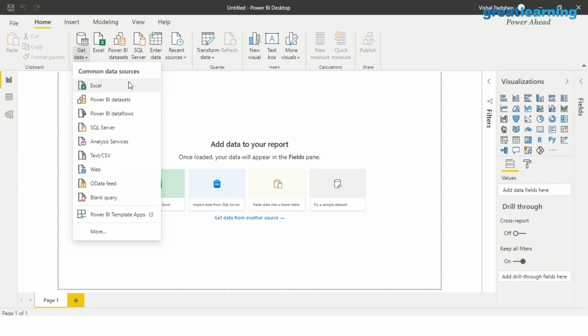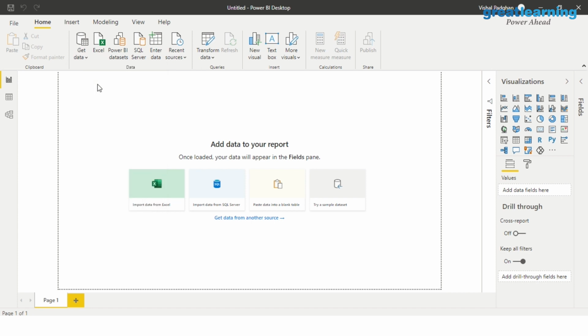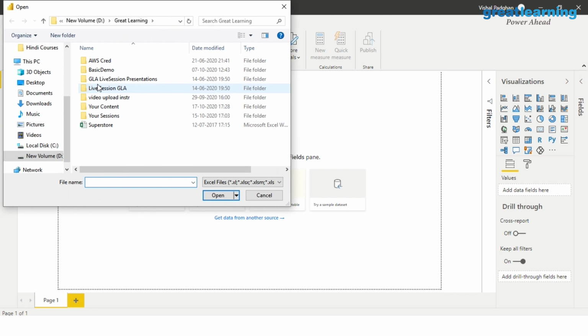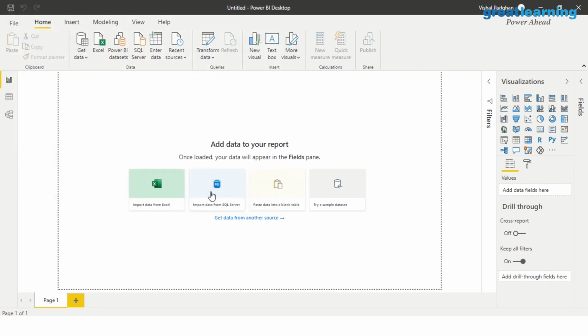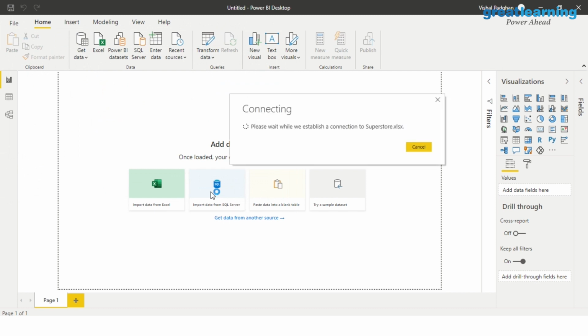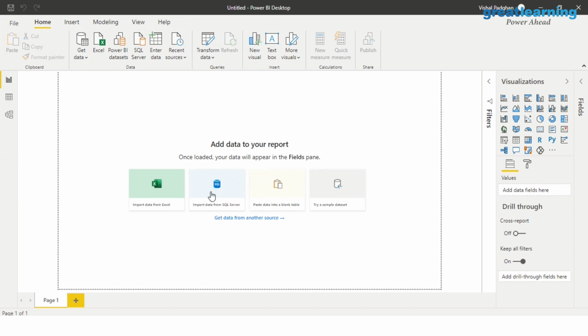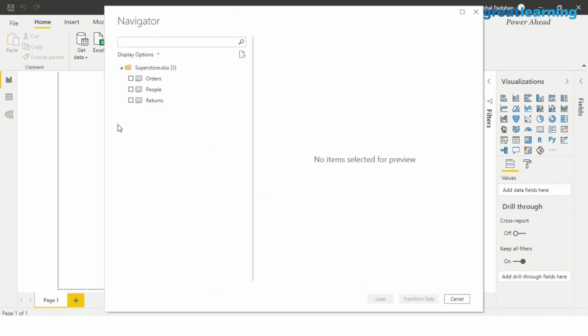So I'm going to just go ahead and import a certain set of information for now that can be used later on. So let's just go ahead and import an Excel file. I think I should be having an Excel data store. Yes, there's a data set with me here. Superstore is the name of the data set. And once I click on it, it should be able to import that data for me and show me how to actually go ahead and put this data in.